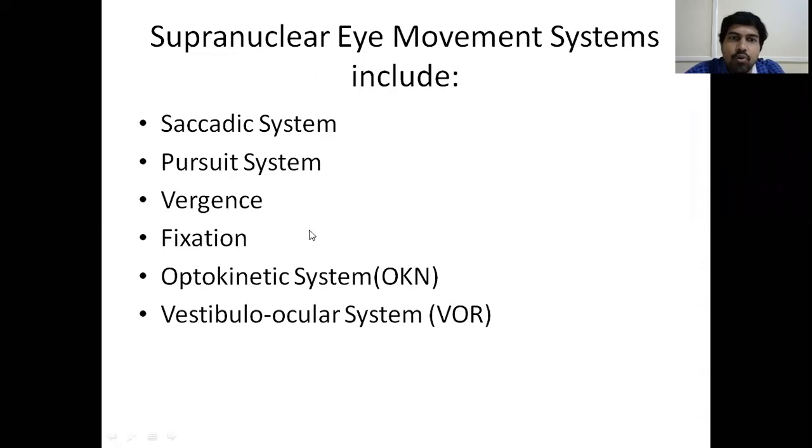Or else you sit in your home and some video is going on on your screen. Suppose in your TV news, the scrolling will be going on under the news. So you are looking at that scrolling. To read that exactly, you should use pursuit movement. Pursuit movement is a slow following movement of the eyeball. That is, suppose an object is constantly moving in the visual field and you are focusing on that object, that is known as the pursuit system. Okay.